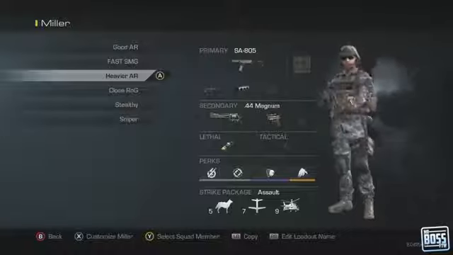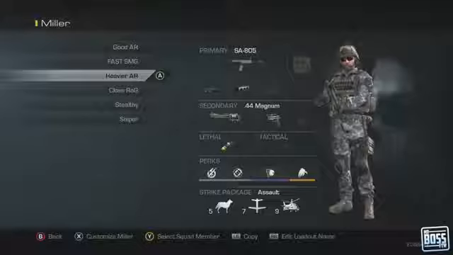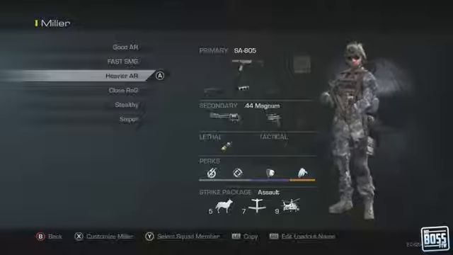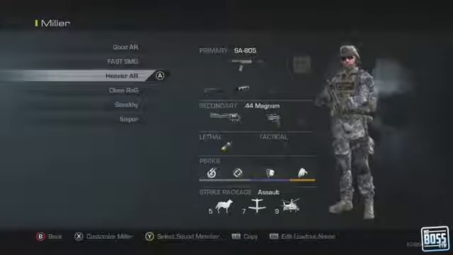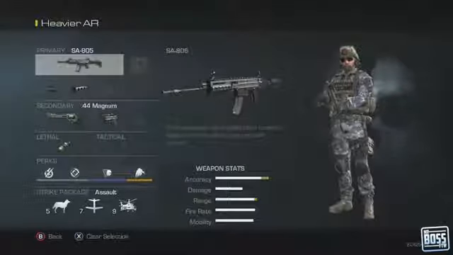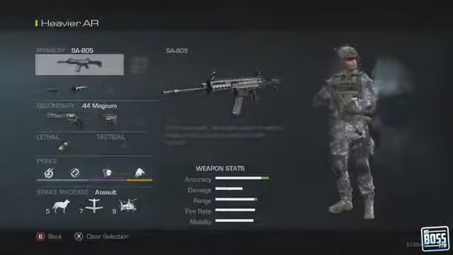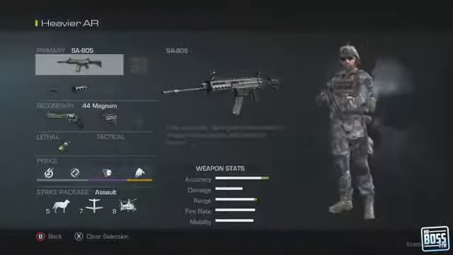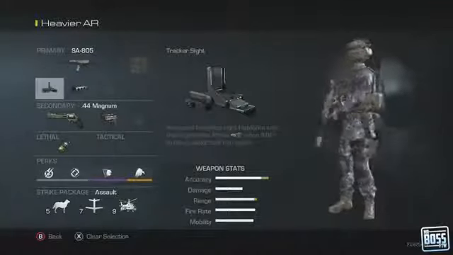This is the heavy assault rifle. This is a real bulky, heavy class, but one that I think is really, really nice. We're starting out with the SA-805 assault rifle, which is one of my favorites in the game. It's just an overall really strong rifle. It's got a little bit of recoil, but it packs a lot of punch, and of course, depending on what attachments you put on it, I've actually put on what I believe is the muzzle brake, which gives me extra damage as well. And then, of course, just a standard red dot sight, or excuse me, I'm using a tracker sight right here,